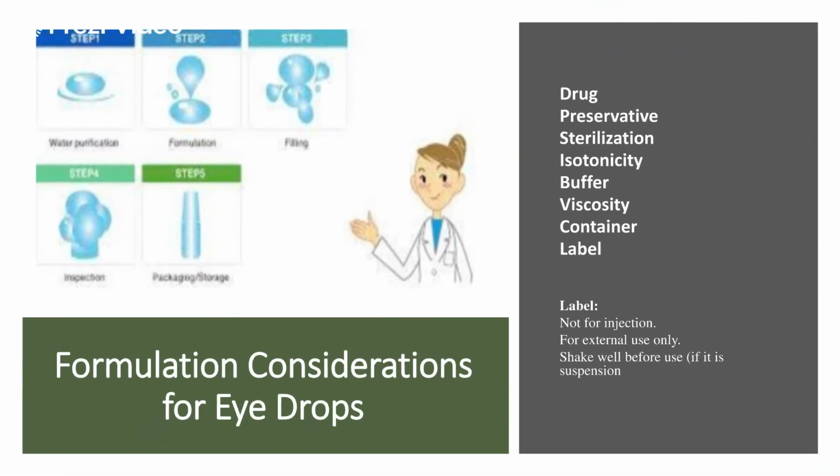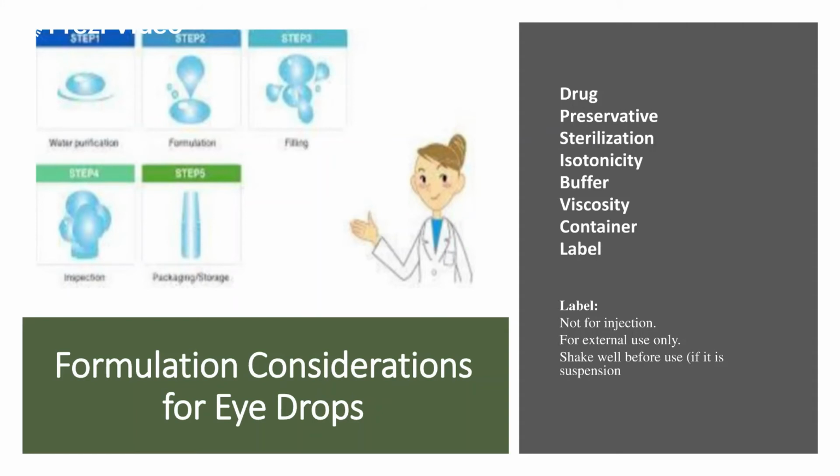When we try to understand the formulation concentrations specifically for eye drops, we must understand the water purity, the formulation additives, and the filling, sealing, and packaging part. One can understand that we require drugs and preservatives. Examples of preservatives include benzalkonium chloride, chlorbutanol, methyl parabens, and propyl parabens. We need complete sterilization. For that we need to ensure that it is completely free of microorganisms. So we use water at a very high temperature which is then cooled down.